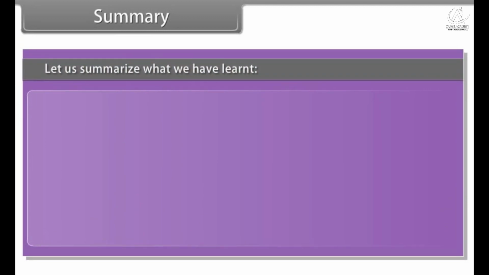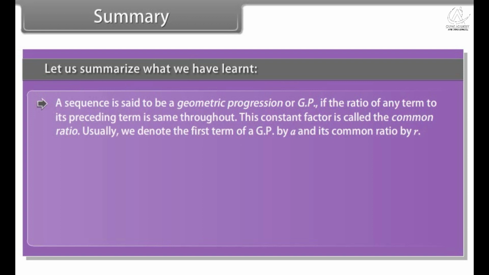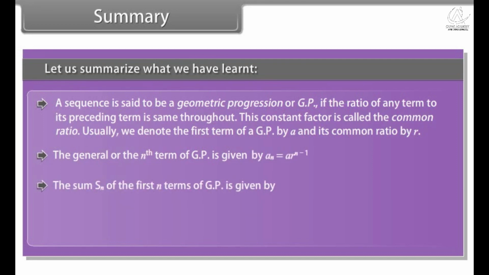Summary. Let us summarize what we have learned. A sequence is said to be a geometric progression or GP if the ratio of any term to its preceding term is same throughout. This constant factor is called the common ratio. Usually we denote the first term of a GP by A and its common ratio by R. The general or the nth term of GP is given by